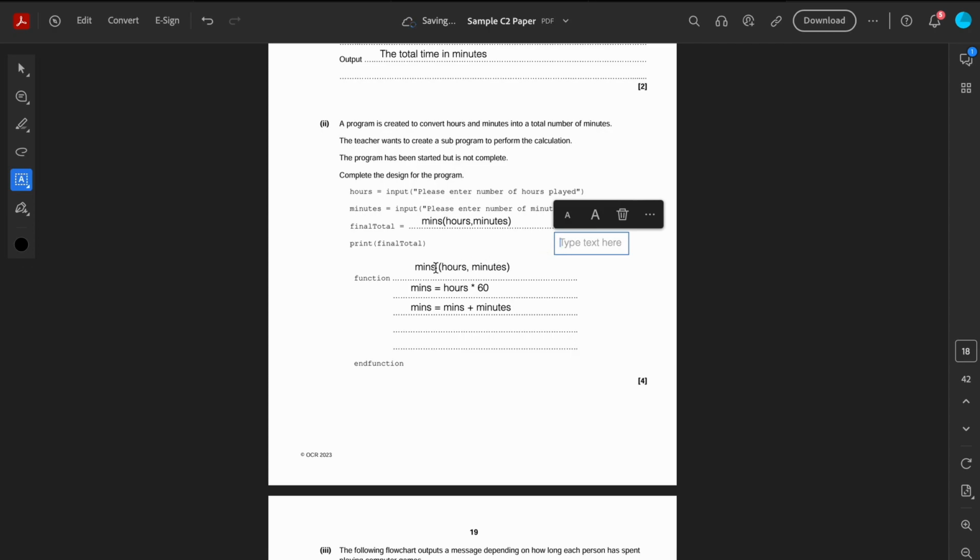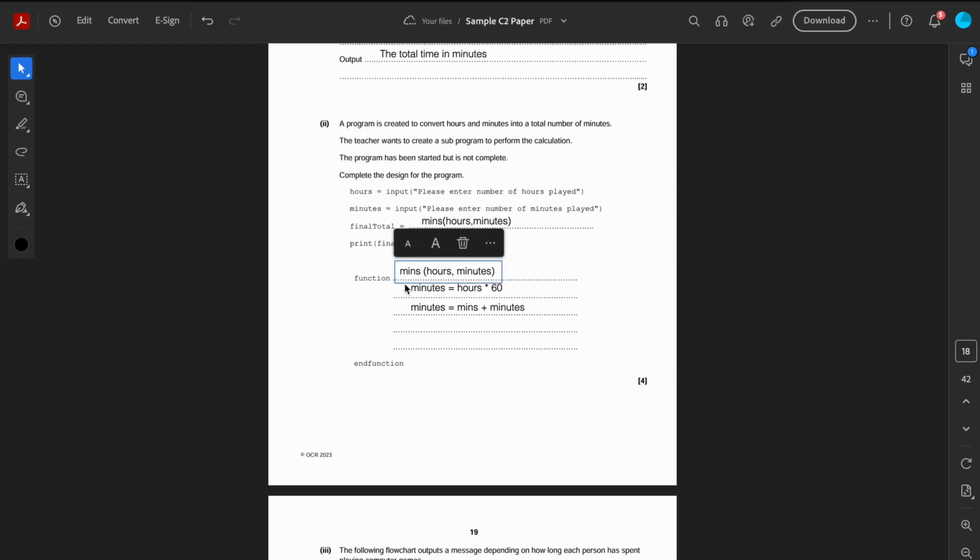I'm just going to change something there because that's got min. That's going to confuse the computer knowing that I've got the same variable name. Just double check they're different. Okay, so I've created a function by passing it across, and I've passed it two bits of data exactly as they are, same case. I've then got the name of a function called mins. I've passed it the two things it needs. Happy days. I'm going to shift that across. I've then indented that. The minutes equals hours times 60. Yep. And the minutes equal to minutes plus